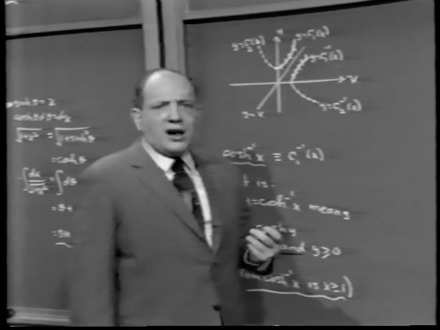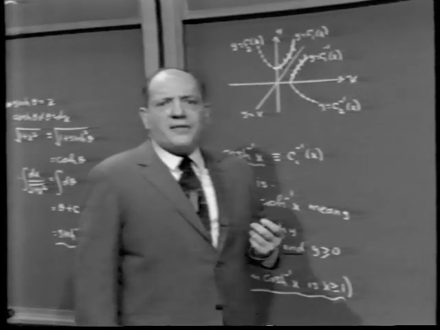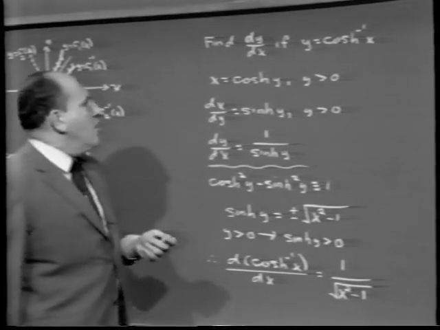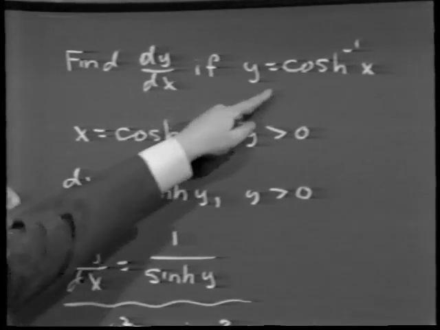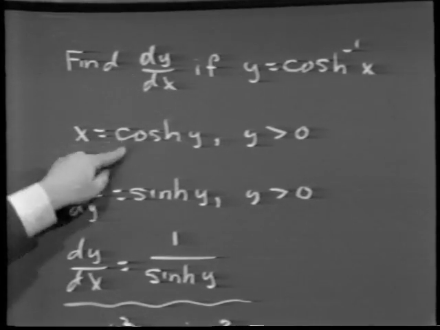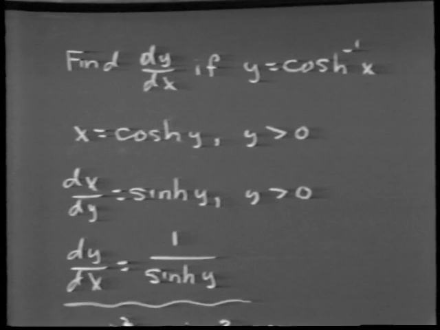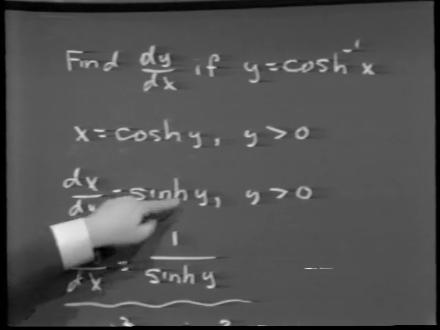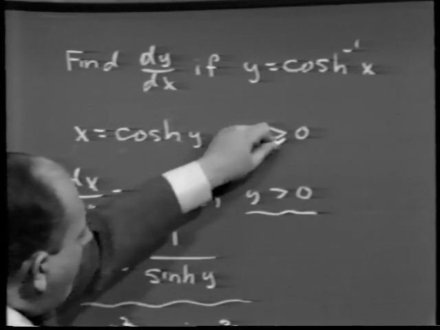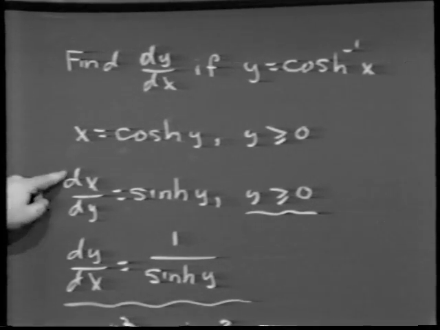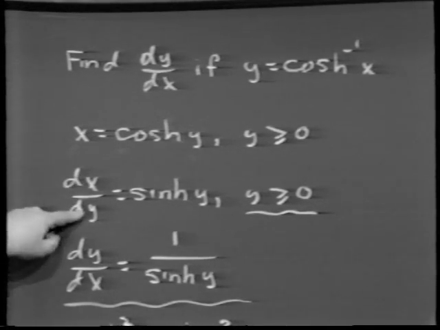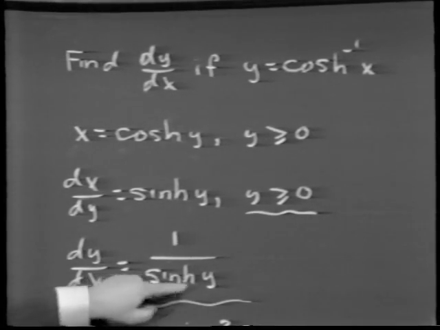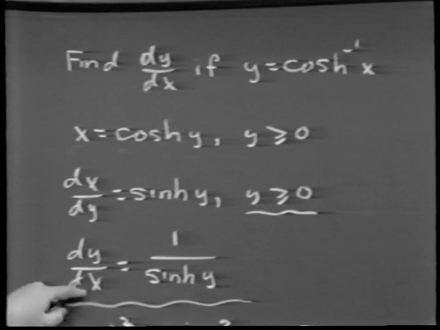Let me just reinforce what we've talked about before, and let's find the derivative of inverse cosh x. In other words, let's find dy/dx if y equals inverse cosh x. Well, again, what is the definition? y equals inverse cosh x means x equals cosh y where y is non-negative. If x equals cosh y, dx/dy is sinh y, and we'll keep track of the fact that y is non-negative. Therefore, the reciprocal of dx/dy will be dy/dx. In other words, dy/dx is 1 over sinh y,